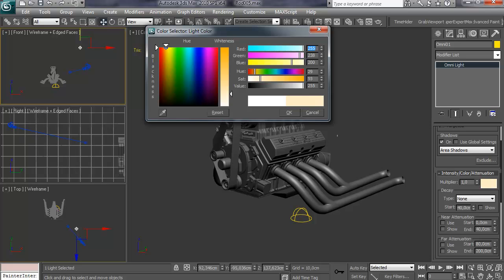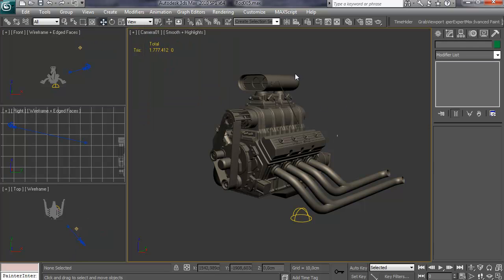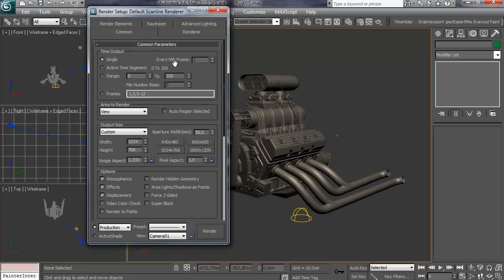I'm going to choose a warmer color there. I have to watch out not to exaggerate too much. Something like that. That should be the basic setup. I'm going to leave everything like this. Well, maybe just